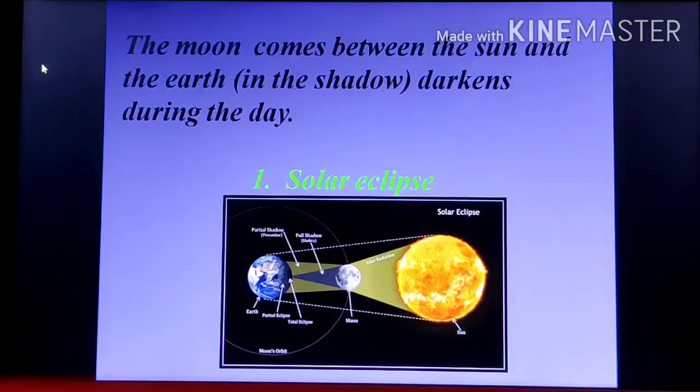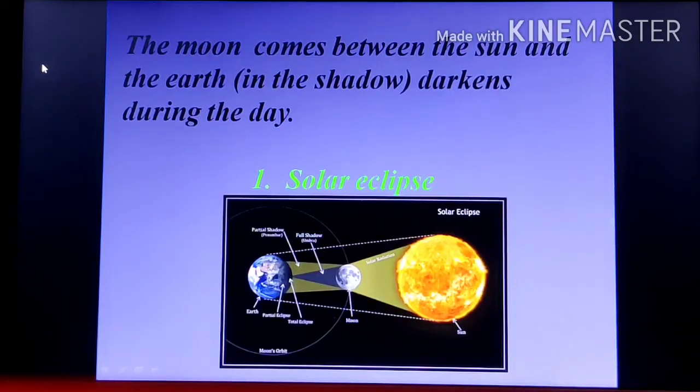And what is umbra? Umbra is the dark shadow, with a lighter one on the outside, and the lighter shadow is called the penumbra. So whenever light passes by an object, at the center there is a darker place. That darker shadow formed by the object is the umbra, and the lighter shadow formed in the outside layer is the penumbra. So the darker is the umbra and the outside, the lighter layer, is the penumbra.